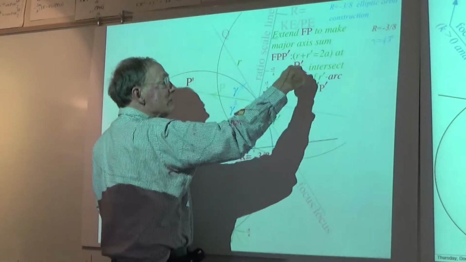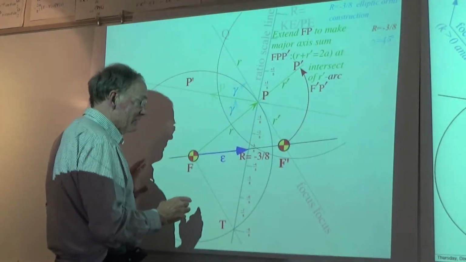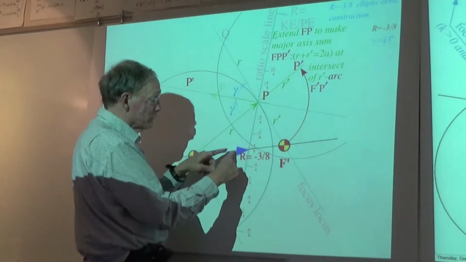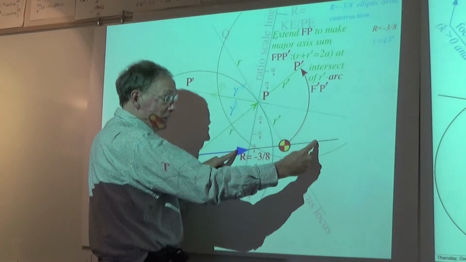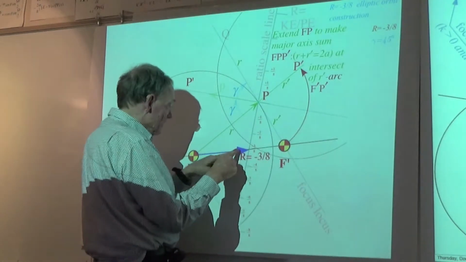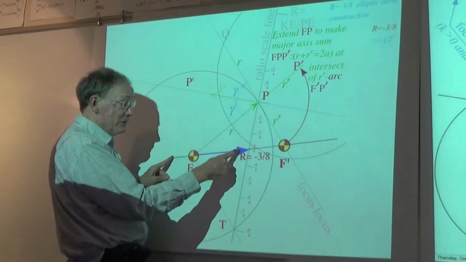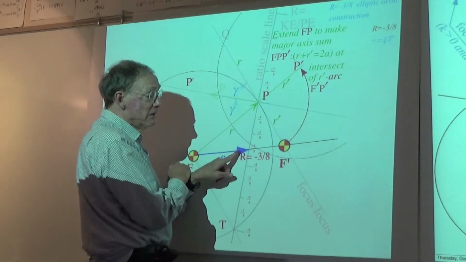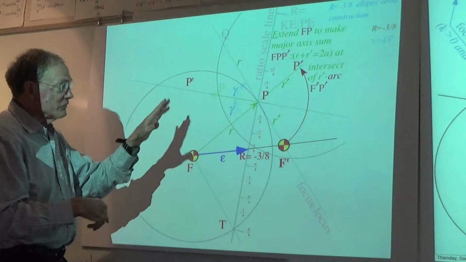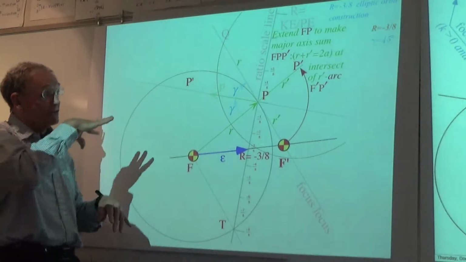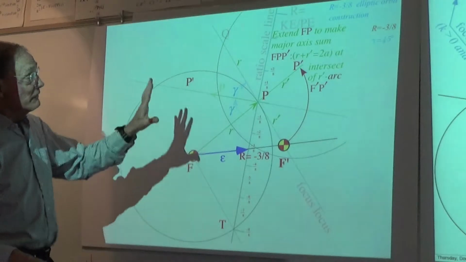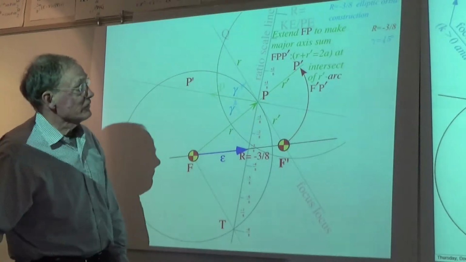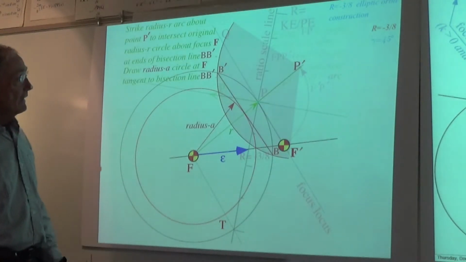Mainly what we have to do is take this 2A and bisect it. Once we know what A is and find the center between these things, we're good to go, because I'll know where the aphelion of the orbit is, and on this side I'll know where the perihelion of the orbit is, and then it's very easy to get the semi-major B, which will be roughly about there. That's the nitty-gritty of this geometrical construction that I'm going to show you. And as I say, I'm going to go through these fairly quickly, but I've carefully written down the instructions so you can study these slides afterwards and get